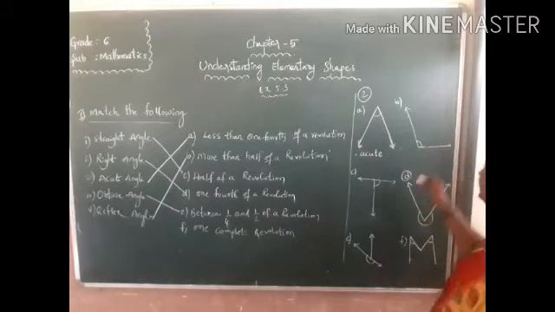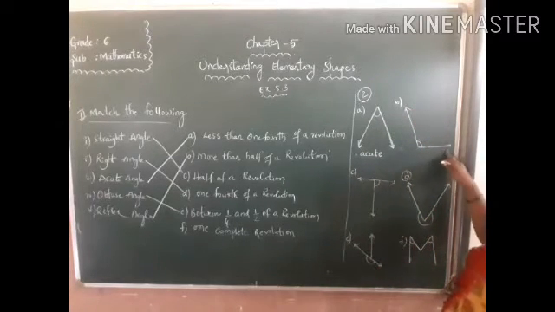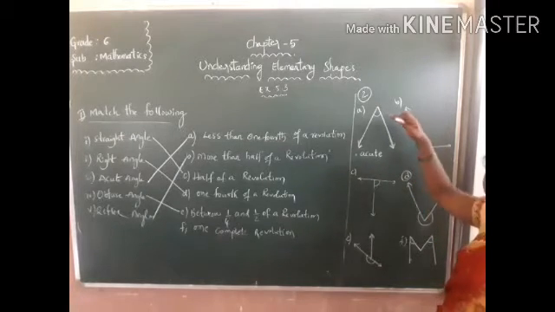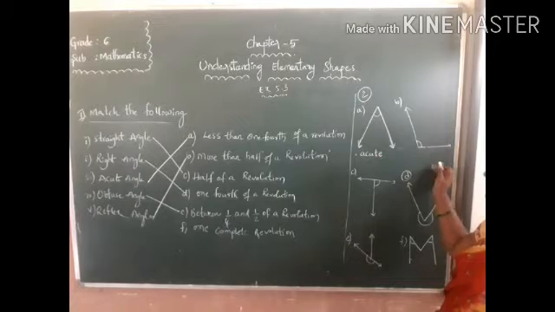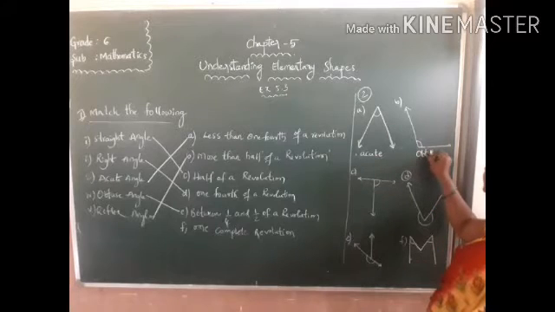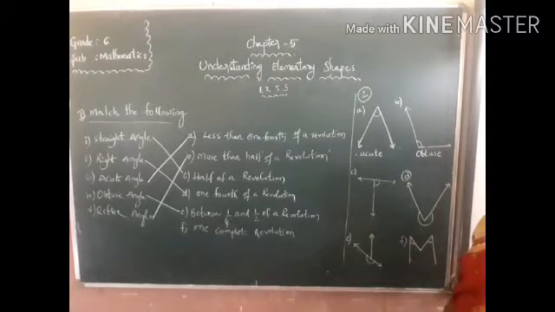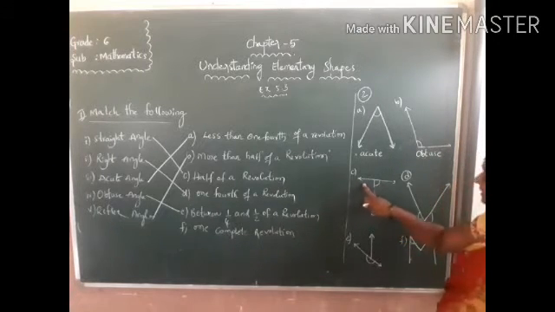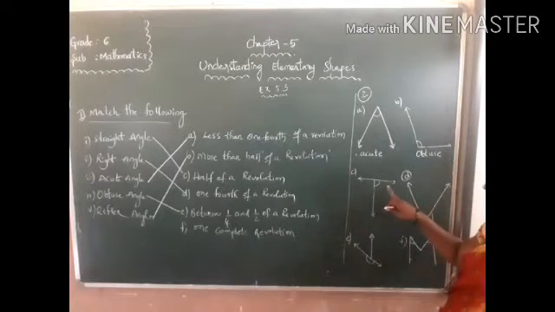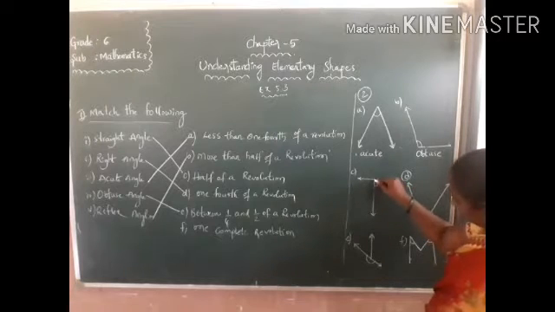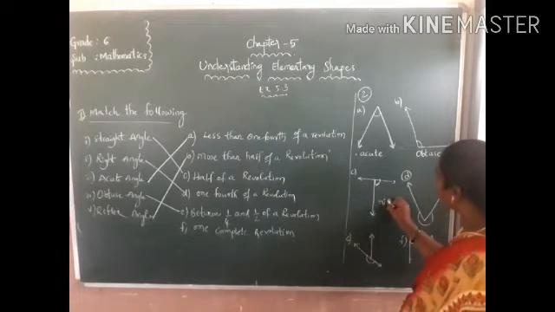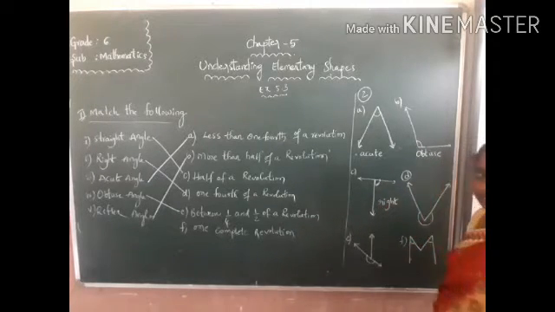Right. Here, observe which type of angle it is. Yes, it is more than 90 degrees. So it belongs to obtuse angle. Okay? Right. Next one, come to the C figure. Observe this figure. Yes, here a right angle is formed. So this angle is a right angle.